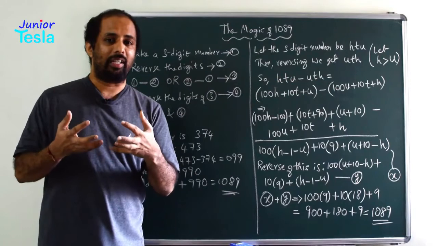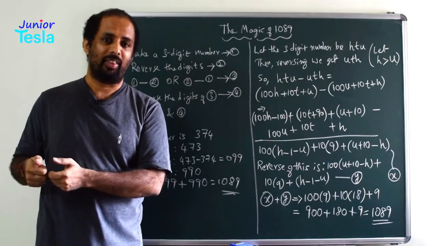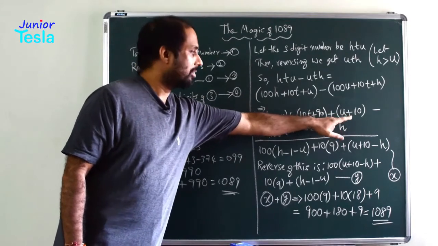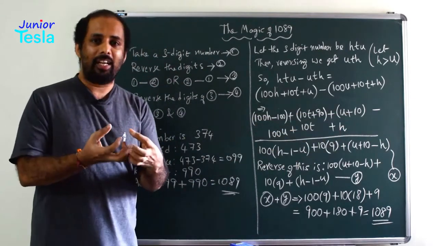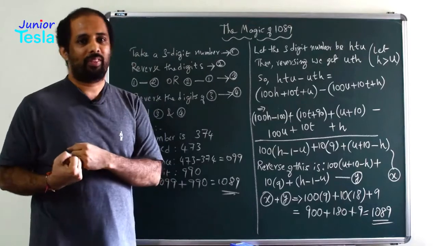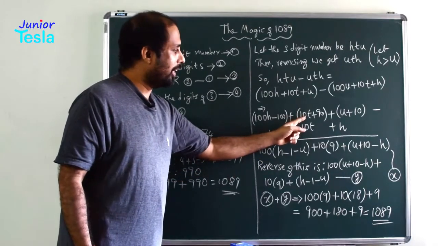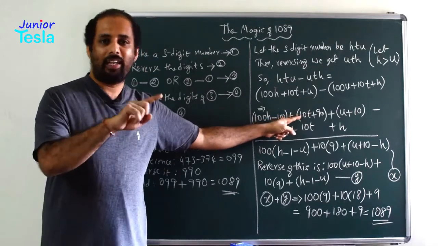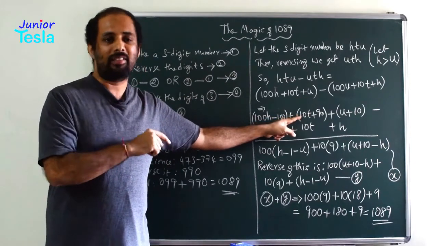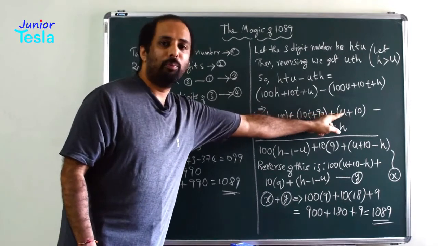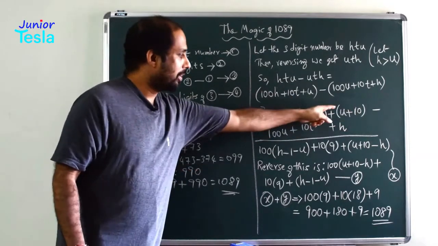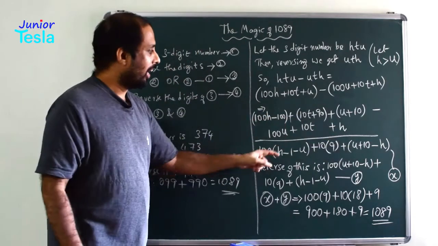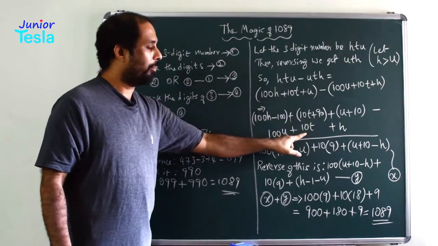So where do you get the carry from? From the tens place. And that is why I have written U plus 10, where I have taken 10 as one carry from the tens place. Since I have taken 10 from here to here, here it becomes 10T minus 10, and here it has become U plus 10. Now U plus 10 minus H will be written as it is. Now 10T minus 10 minus 10T.